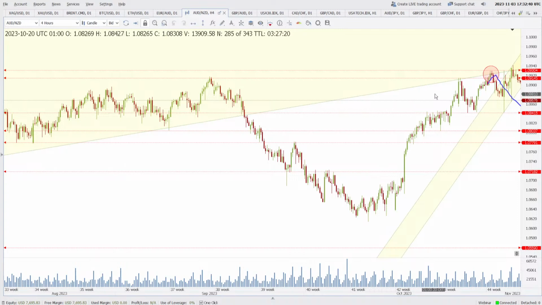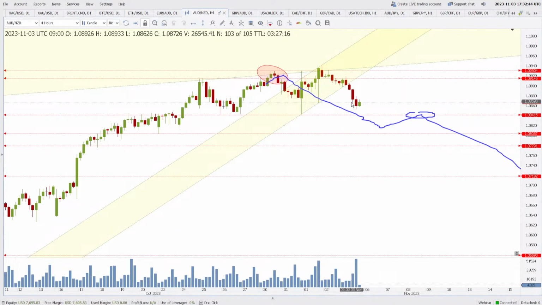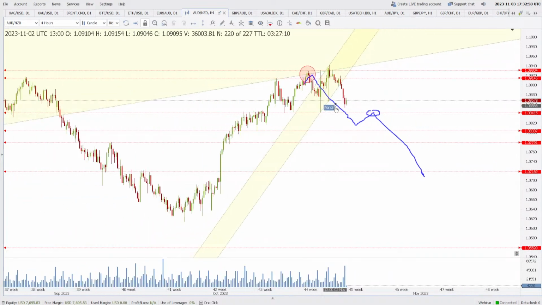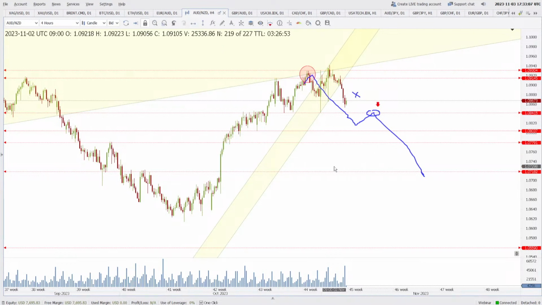Australian dollar against the New Zealand dollar, resistance got hit, the channel got broken. Did we expect this? Watch my previous webinar if you have not. We did expect something like this. If we break 1.08415, that will be a go signal for us to go short this pair. Till then we are not doing anything. But yes, if the price goes below, then I'll be selling this market here.